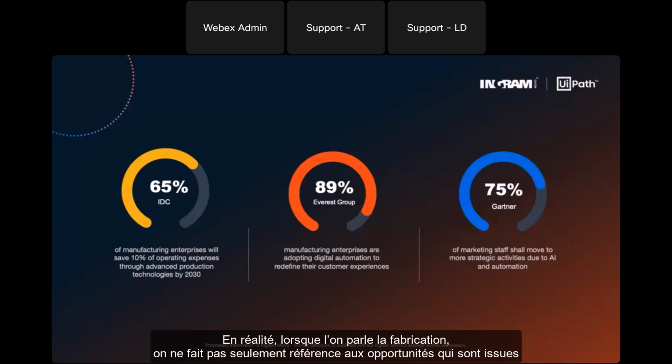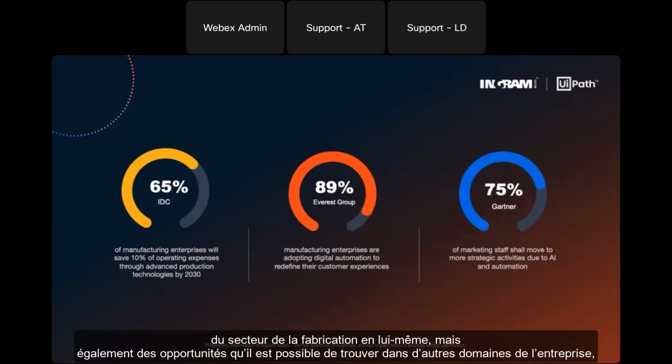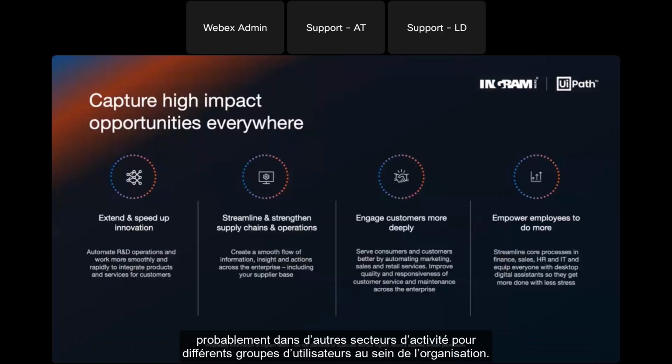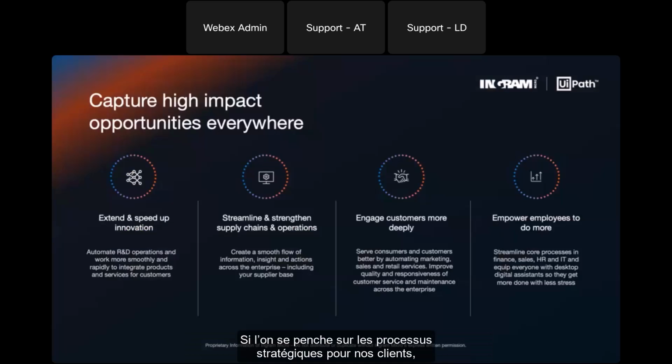And actually, when we discuss manufacturing, we're not only referring to the opportunities that are in the production itself, but we can also find opportunities in other areas in the business, in other lines of businesses for different user groups inside the organization. Perhaps if we look into the strategic processes for our customers, like procurement, like supply chain, like customer service, post-sale service, for example, everything has a potential for adopting the automation capabilities that we can bring to the table through